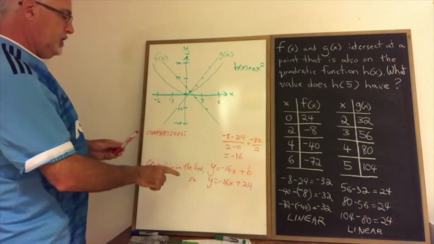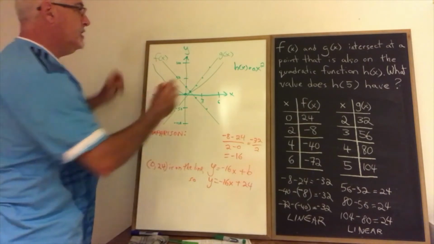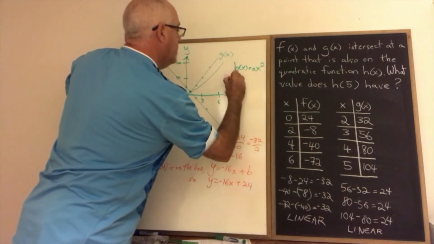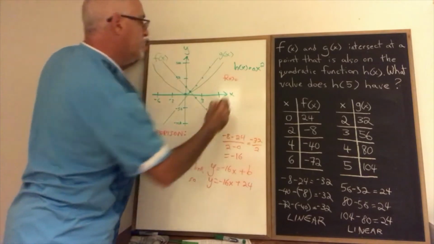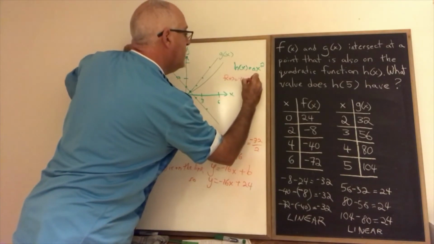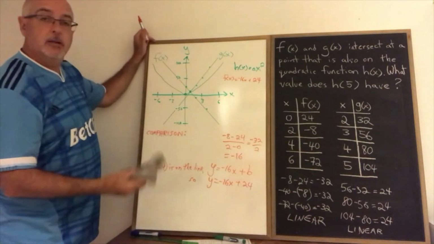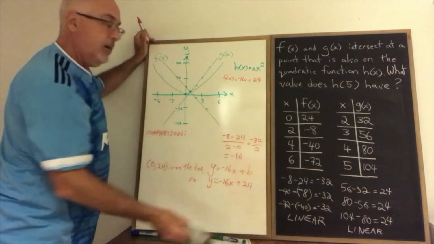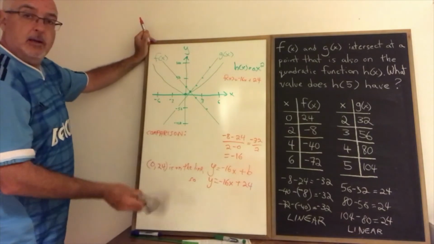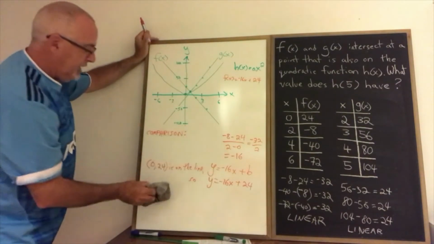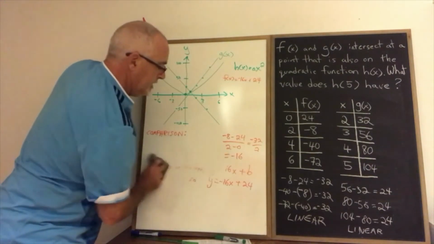So we have an equation for f of x, and I'll write it here. F of x equals negative 16x plus 24. And I'm doing that because I need to erase. Now, of course, a student doing an exam isn't going to erase. They're going to leave everything for the teacher who's correcting to see, but I'm limited with space here. So I'm removing this now,